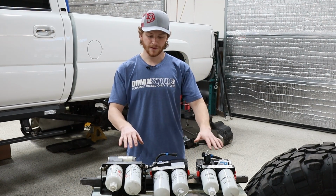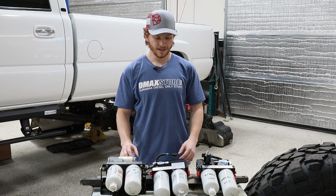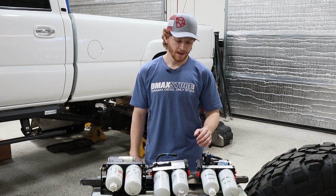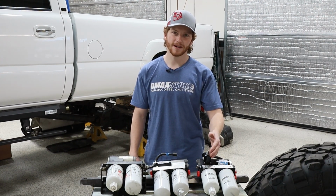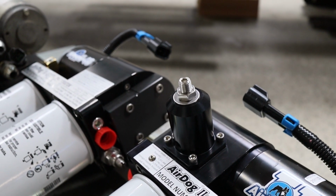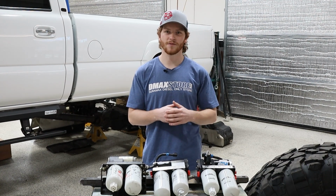So here we've got all three lift pumps, the AirDog II-4G, the 5G, and one of the original AirDogs. You can see there's a couple differences here between the 4G and the 5G. The main difference is going to be the diaphragm style regulator. This is going to be a lot different from the previous one. It's going to be adjustable from 7 to 70 PSI, so it's good for all different applications from mild to